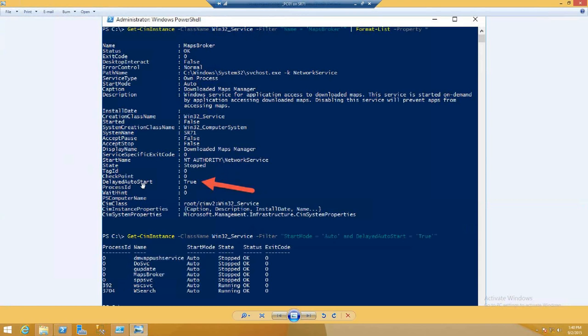And this does not exist on prior operating systems, even if you have PowerShell version 5. So if you're querying a machine and you want to get the services that are set to run automatically but are not running, but you want to exclude the delayed auto start because those shouldn't necessarily be running anyway,